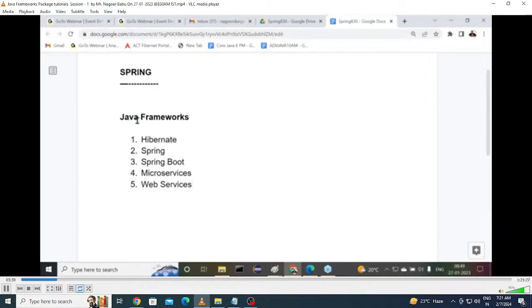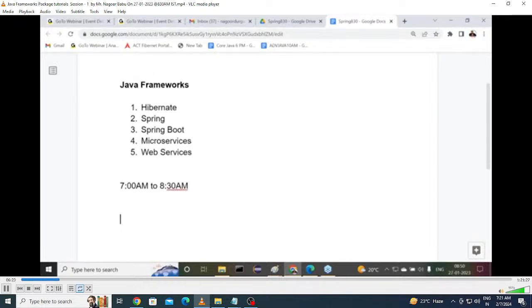Today the Java frameworks batch we started. Here we are planning to discuss these concepts. You already know the schedule for all these concepts. Two slots I'm going to take to complete these concepts. Observe carefully. Now 7 to 8:30, here I'm going to utilize one slot. There, what I'm going to discuss. Then another slot also exists here. What is that other slot? This will be today's one.